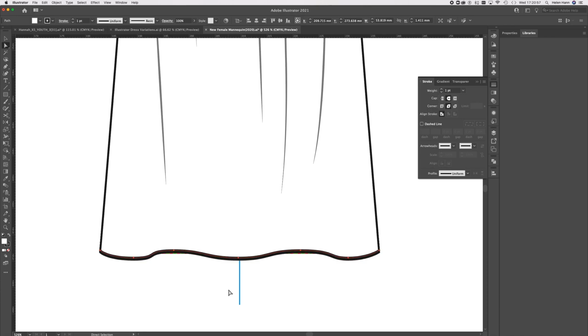And then I'm just going to use my cursor keys to move that up to wherever it is I want the hem to be. Now, the higher up I go, you can see this is now longer than the width of the skirt, but that's absolutely fine. We can just trim that off in a second. So I'm going to put my hemline here, and I'm just going to put a little dashed line in there,